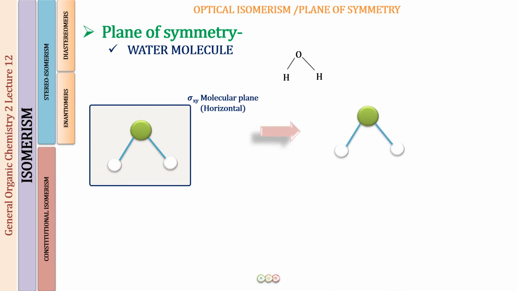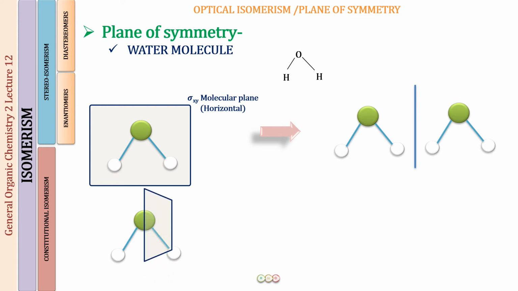How will they be looking? Well, this is going to look like this to me, and it is going to look like this to you if we are looking at it from the other side. So these are now going to be mirror images of each other. Hence, we have found a plane of symmetry in the water molecule, which means that this is going to be an optically inactive compound. Now one plane of symmetry is sufficient if you find it, but can I show you one more? Yes, I can do that.